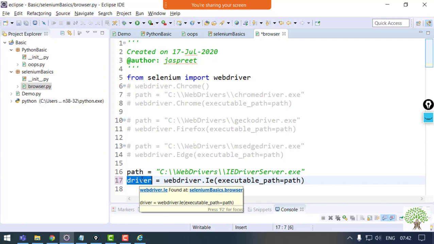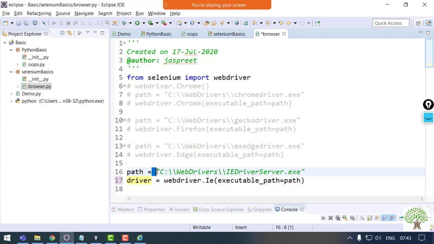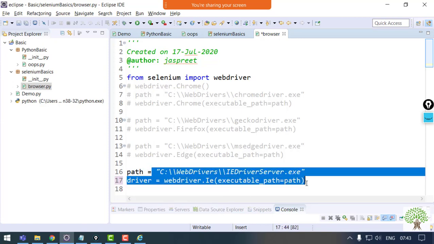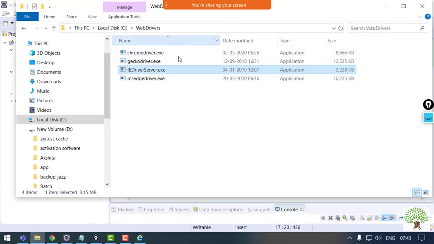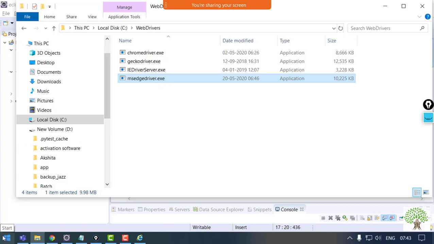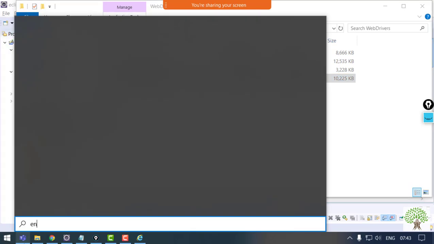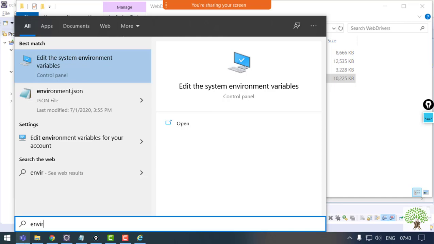Fine. First, this is the thing. Second, coming to your question that do we have to do this again and again? So no, you don't need to do this ever again once you have done this. You just need to do one thing. Add up all these exes that you have downloaded into your system variables. That's it, what you need to do. How you can add these into your system variables? Just go over here and look for environment variables.